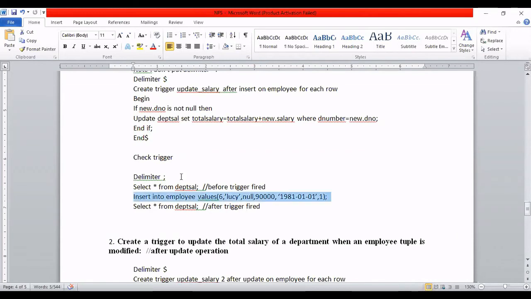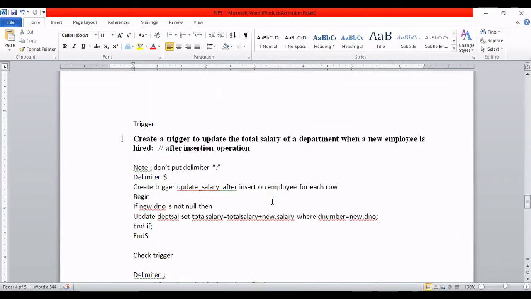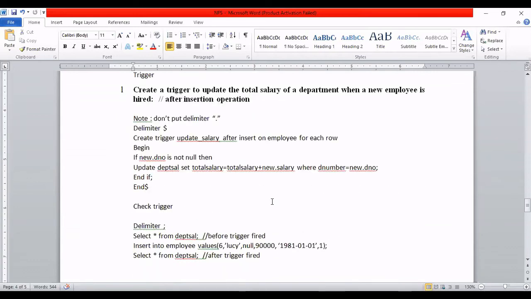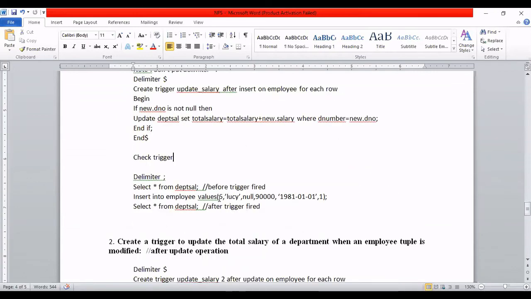Now see here, in this case, previously some data is present. Now I am adding a new record: 6 and Lucy, something null, and I am adding 90,000.